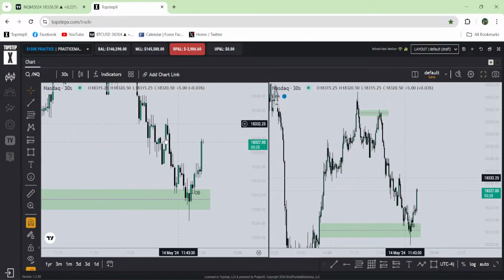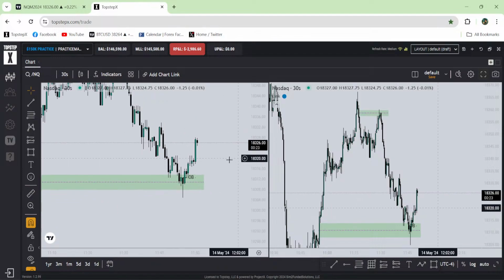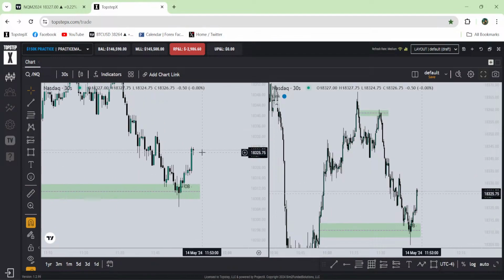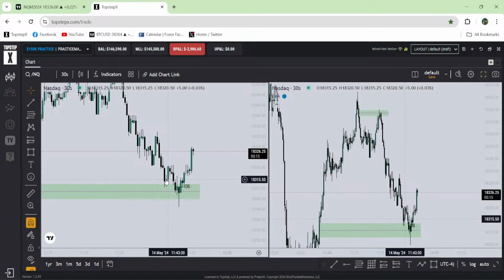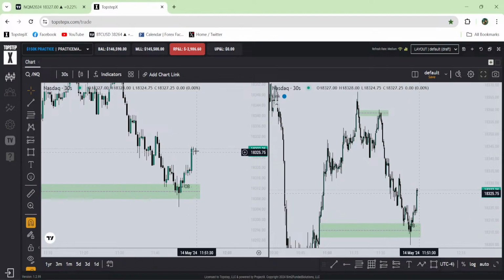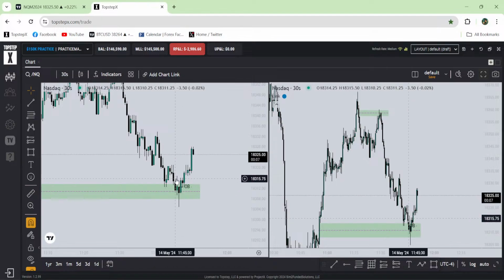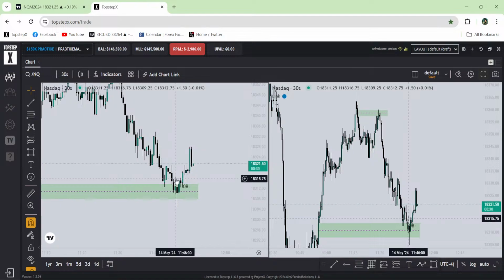But trust me, if you are facing the same problem, the only thing you are missing is you don't have any model. So work with a model. If you don't have any model, if sometimes you take order block entry, sometimes you take fair value gap entry, breaker block entry, maybe inversion fair value gap entry, stop trading, brother. Trading is not for you. Stop trading right now, right there.